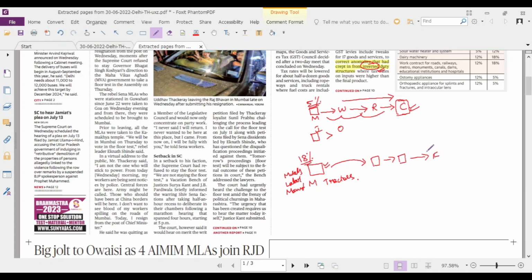Now, because the government wants to promote agriculture, the government wants to help the farmer in India who is already distressed because of various reasons, the government may put 5% tax on the tractors. Now, what has happened? On the components which are inputs, the tax rate is 18%, and the tractor which the manufacturer is selling to the dealer, the tractor rate is 5%. So here,